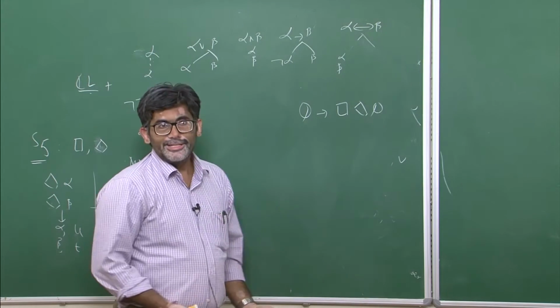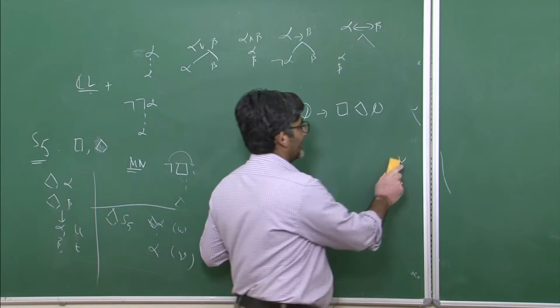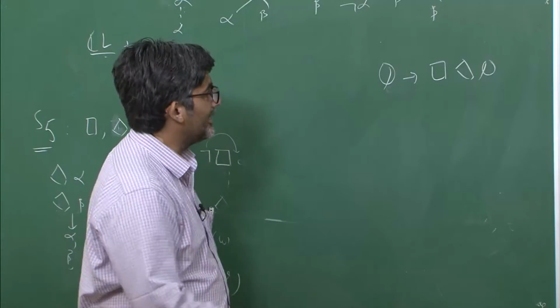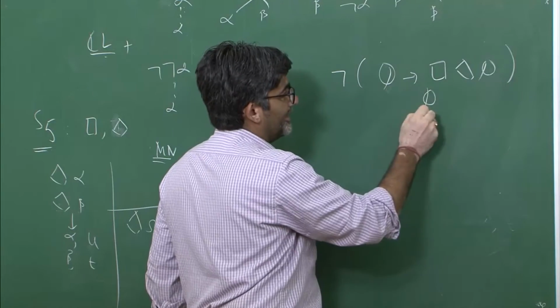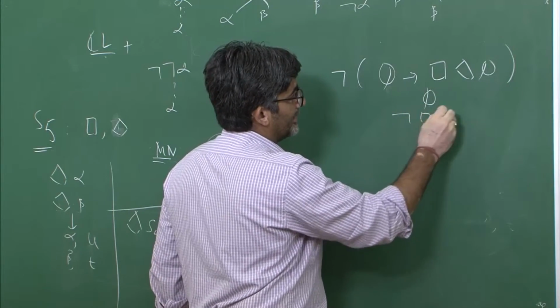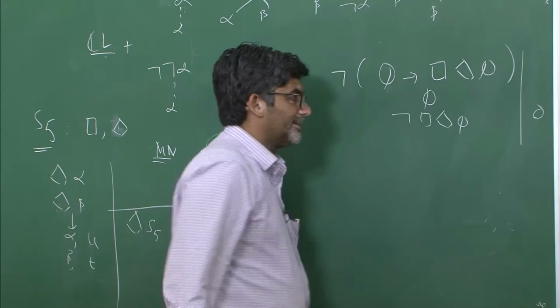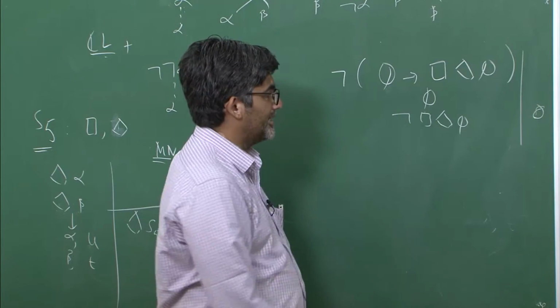So now under what conditions, in which axiomatic system is it going to be true, that is what we are trying to see. Is it true in T, K, B, S4, D, etc.? So now again you deny the formula and start constructing a tree, then it will become like this. So all these things, let us assume that they are true in a world 0. You can take W, you can take alpha, gamma, it does not matter.